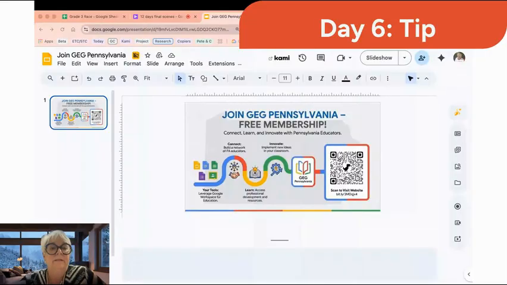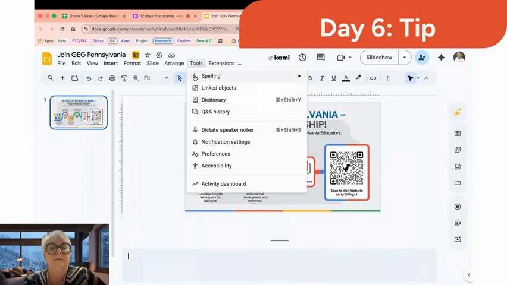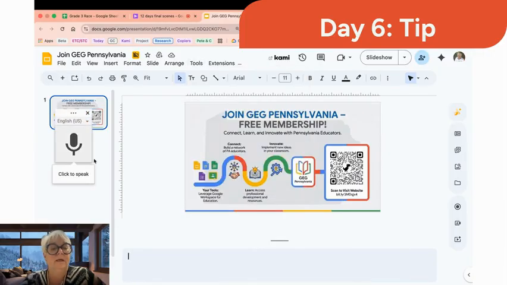Next day of Techmas, Google Slides gave to me the ability to dictate my speaker notes. So all I need to do is go to Tools, go to Dictate Speaker Notes, click to speak,